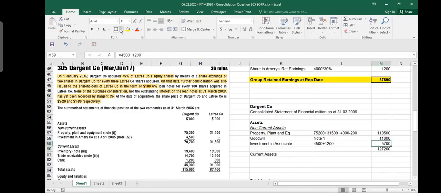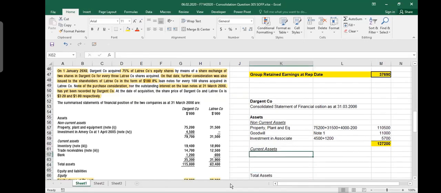So these are your non-current assets. This number we will highlight, we need this number. Then comes your current assets. And within current assets, the first thing is inventories. For inventories, you need to be careful. You have to pick up the inventory, which is the parent inventory plus subsidiary inventory, which means